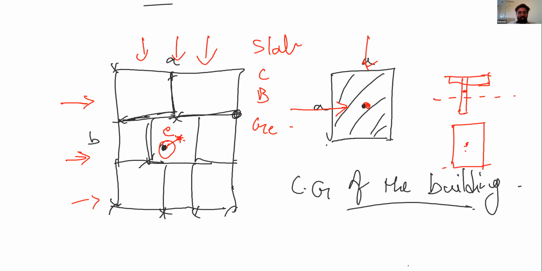Avi ekkada act chestund anedi automatic ga software calculate chesi it is going to calculate the additional moments form అవుతాయి. ఆ moments ni software అనేది equal ga distribute చేస్తుంది. That is the use of diaphragms. Okay, especially these diaphragms will be useful when you apply the earthquake loads and the wind loads.